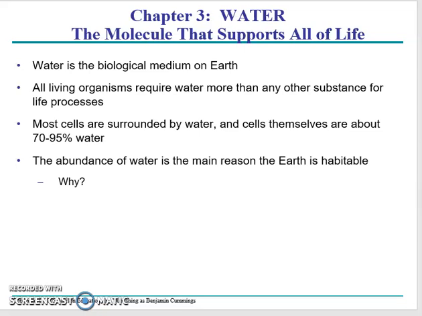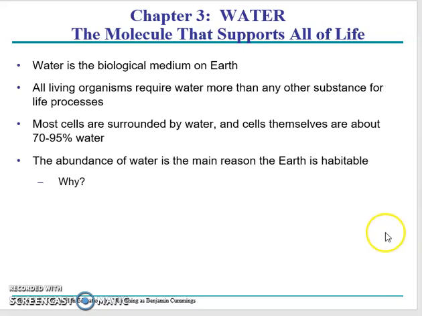Most cells, which are the smallest units of life, right, are surrounded by water, and cells themselves are about 70 to 95% water. Now, if you think about the human body, on the inside of our bodies, it's pretty wet, right? I mean, we have lots of water in our fluids, blood, all that stuff. The cells on the very outside of our body in your skin, you might be asking, well, they're not really surrounded by water, but they're actually not alive, right? So they're dead cells on the surface of your skin. The only real living cells you can see from the outside of your body are in your mucous membranes, right? So eyes, inside your mouth, nose, that kind of thing. So those are, as you can tell, in a wet environment.